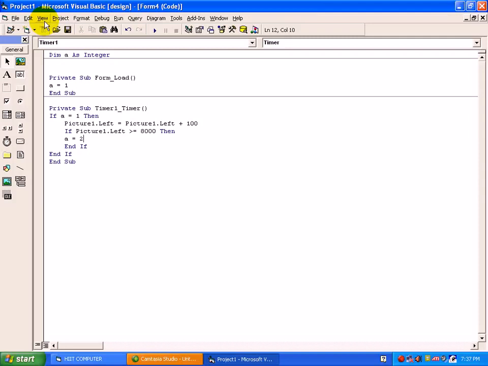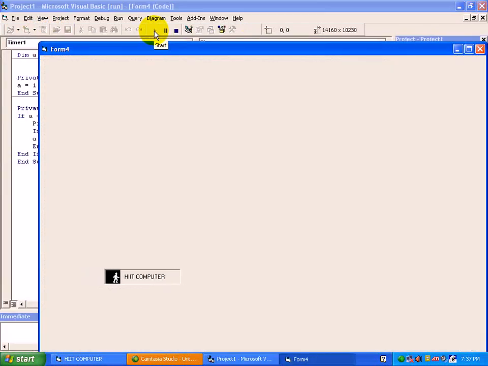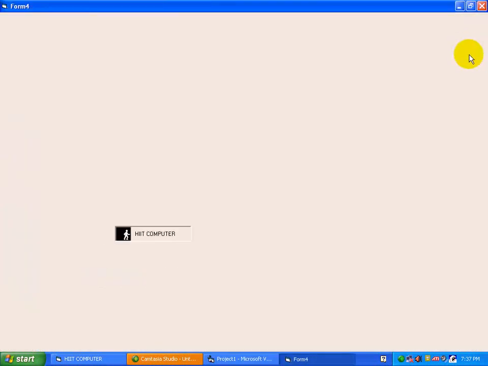For 2, we have not written any condition, so it will stop on that position. See, move to view object. To test the program, just click on start. It's moving as a equals 1 is there, but when it reaches 8000, the value changes to 2, so it will stop.